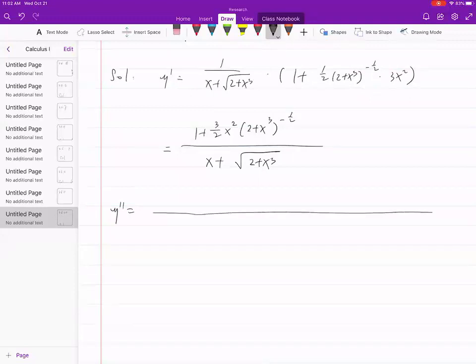Okay, the derivative of the top, which basically means this goes to 0, this goes to a product rule. Derivative of x squared, keep the other, plus keep x squared, do the other. The whole thing times